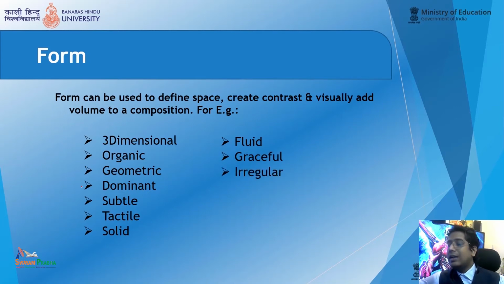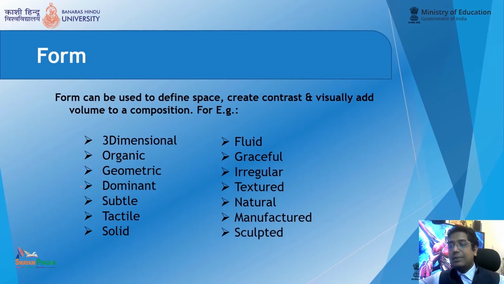Then graceful, then irregular also, then textured, natural, then manufactured, and last one is the sculpted here, right? So these are a part of form. Quickly let us recap: 3D, organic, geometric, dominant, subtle, tactile, solid, fluids, graceful, irregular, textured, natural, manufactured, and last one is the sculpted. So we can divide any form into these different sub-segments with respect to their contrast, visual representation,